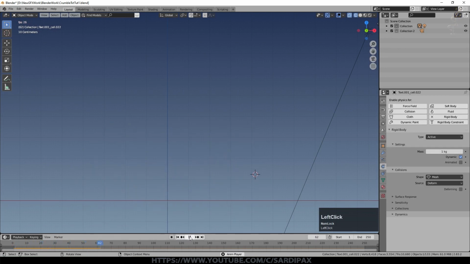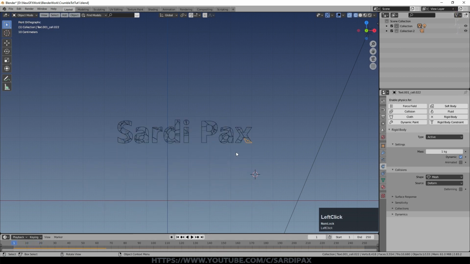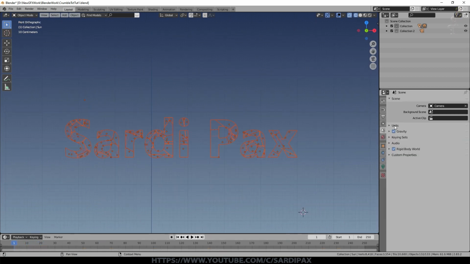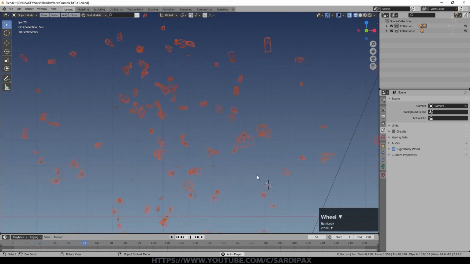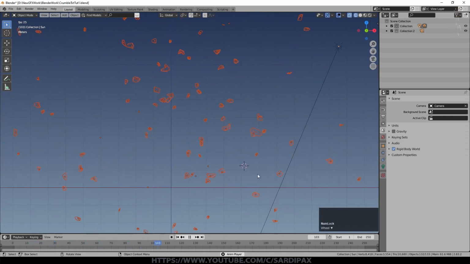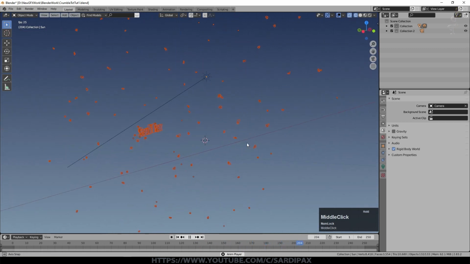But if you want something a bit more the way I did it, then one of the things to do is to work on the gravity. So if we come to the scene properties, you can see one of the options here is gravity. I'll unclick gravity and press play, and you can see we still have the thing exploding, but it's no longer falling down. So that has removed gravity from the physics system.